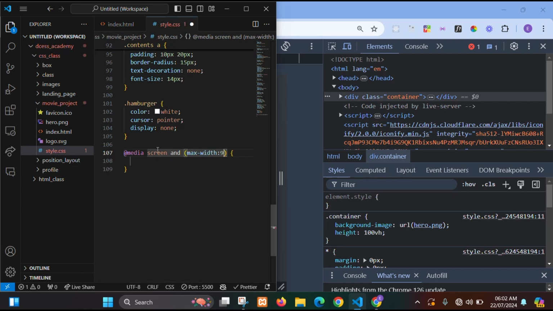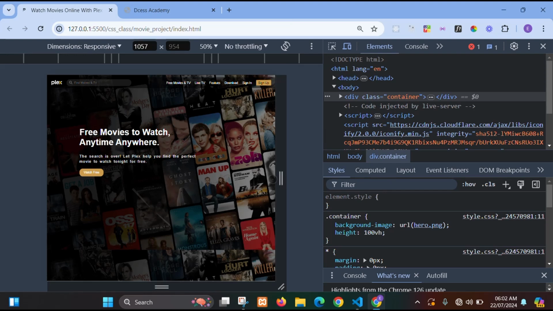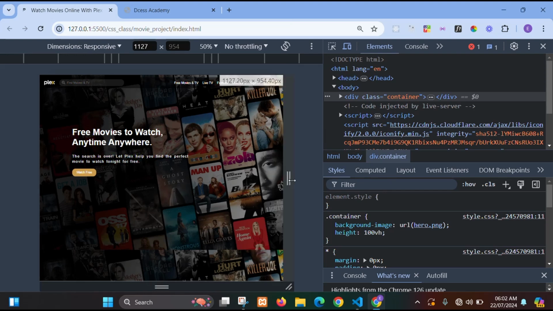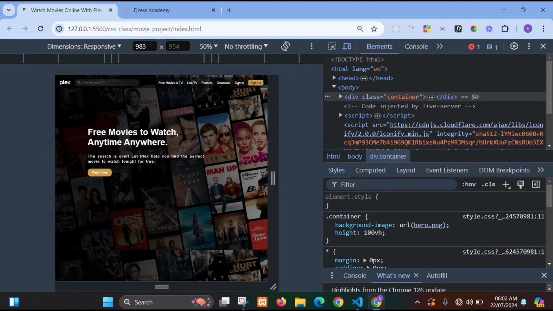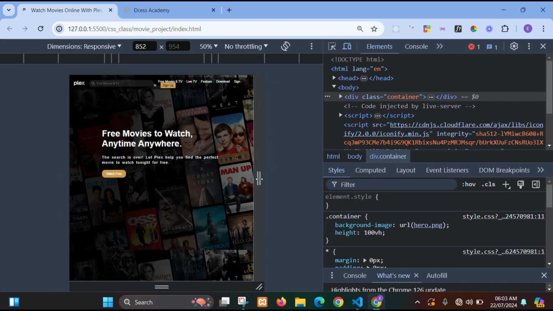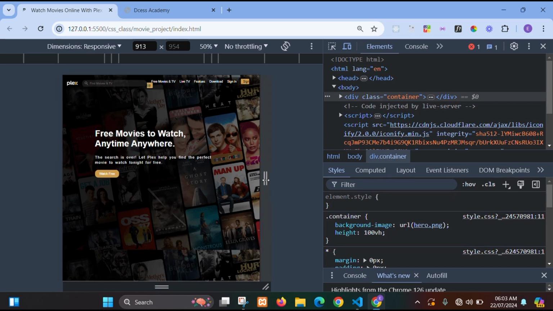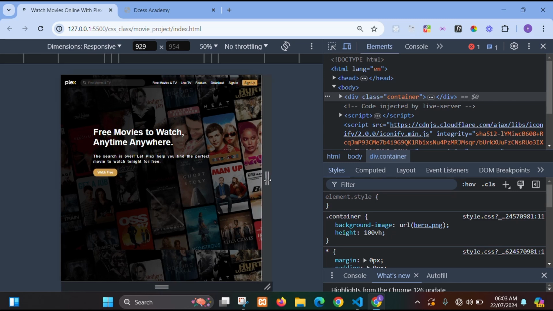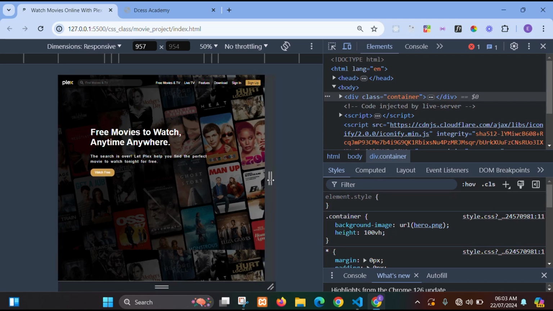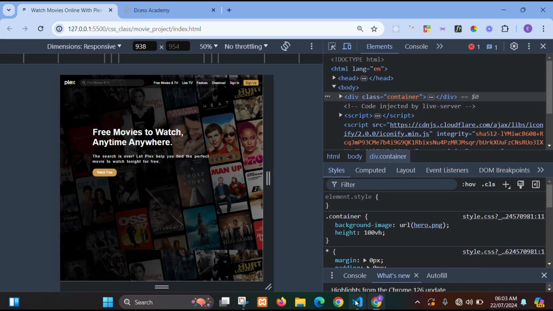Max width of 940 pixels. Now why am I using 940? Because if I come back here, you notice that at 1000 it's okay, at 983 it is still okay. If I come to 850 something, you can see it's no longer okay. So that's why I'm using 940. This is 930, 925. Okay, 925 also. But then I just prefer to use 940 because I feel that one is okay. Right? So if I come back here,